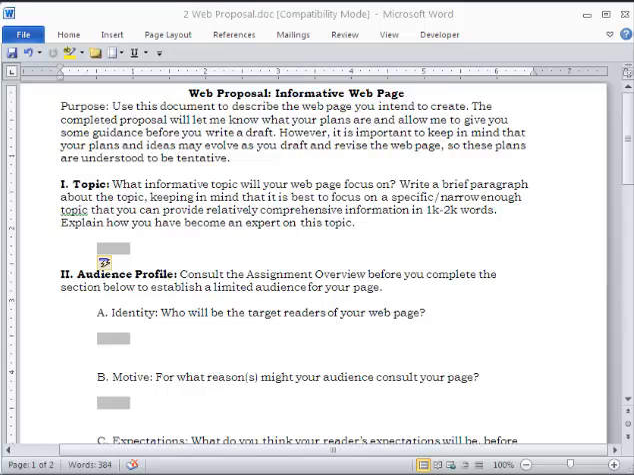Here's a screencast for you for your pre-writing for the informative web page. I'm calling the pre-writing a web proposal. The idea being, any kind of writing involves pre-writing, but it's not always called pre-writing. It may be called a web proposal, prospectus, something else. In any case, of course, you're going to start with topic, I hope, and